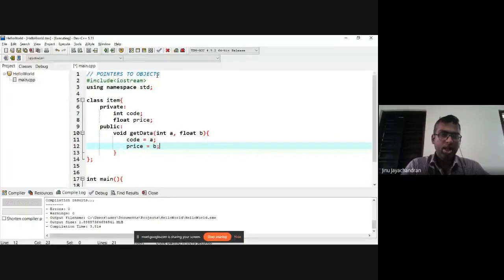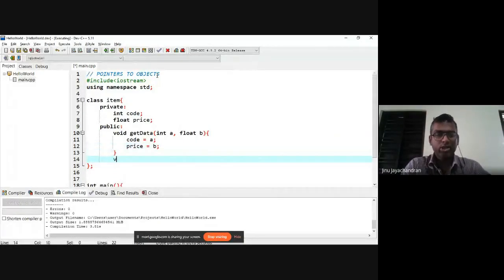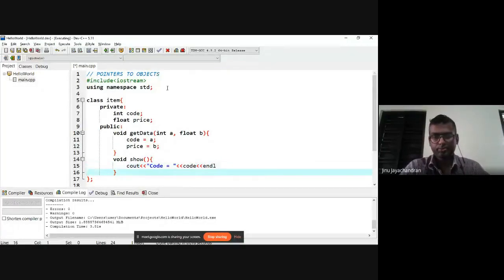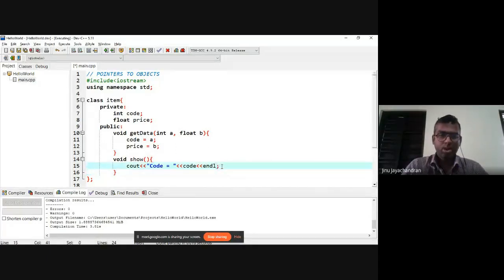And if a request comes to display the value, I'll just print out the value. You say code is equal to code, and you say price is equal to price.